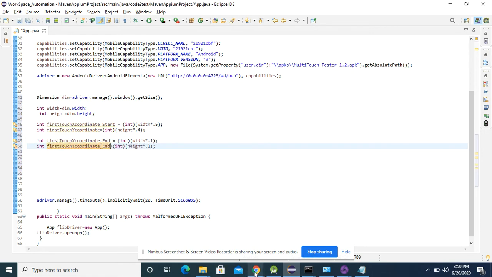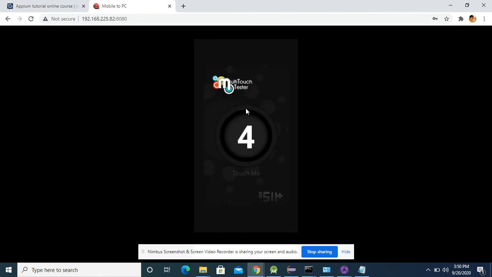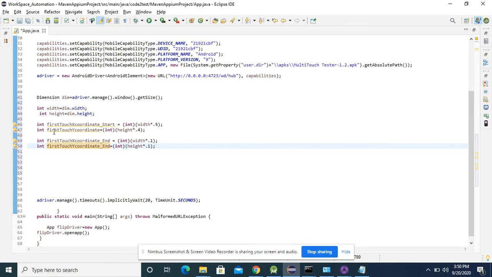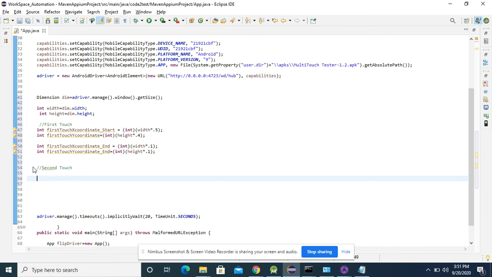So what happened is, this is my x and y coordinate of the first touch. I am taking it somewhere over here, dragging. It's a zoom concept, taking pointer from one location to another location for my first touch. Sequentially, I perform the same thing for my second touch, taking the x and y coordinate somewhere over here and zooming it to some other location. Okay, so this is my first touch. Now, moving it to second touch.